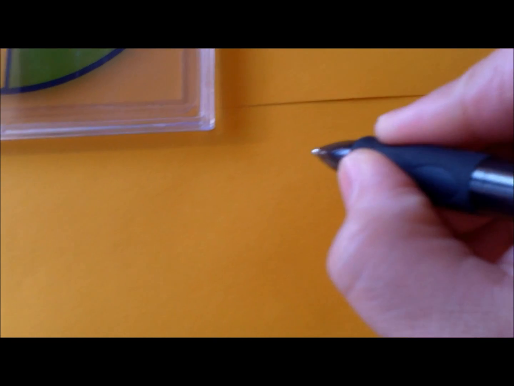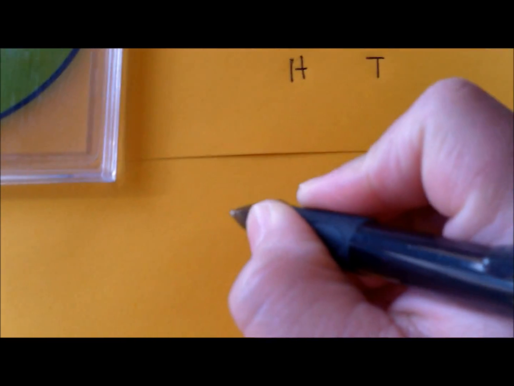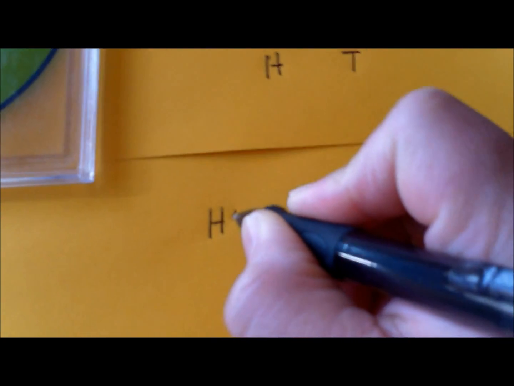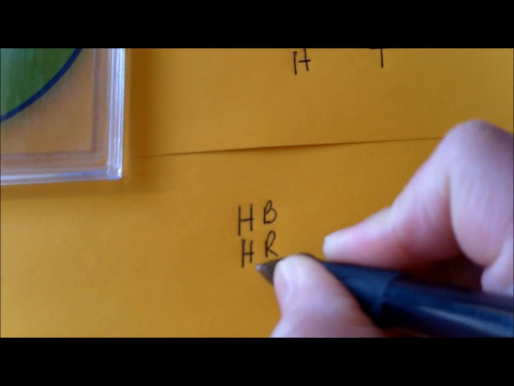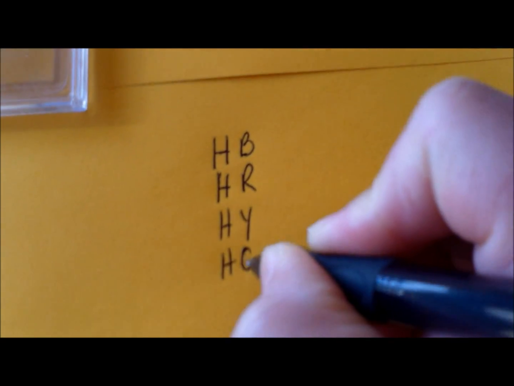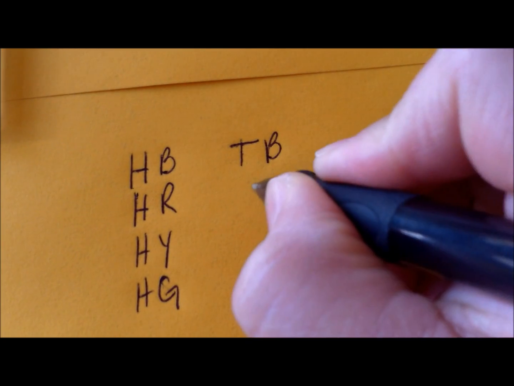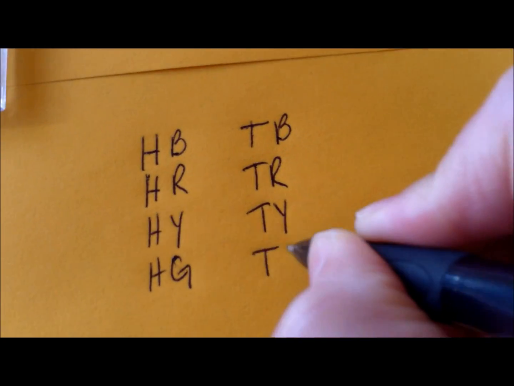Now to make a list, we could take the coin and put it first. So I could put heads here, and heads could land with blue if I were to spin the spinner. Heads could land with red, heads could land with yellow, and heads could land with green. I would do the same for tails. Tails can land with blue, tails can land with red, tails can land with yellow, and tails can land with